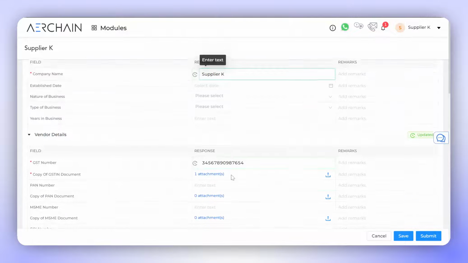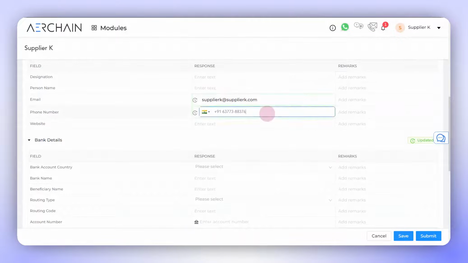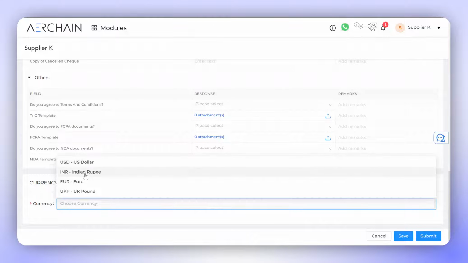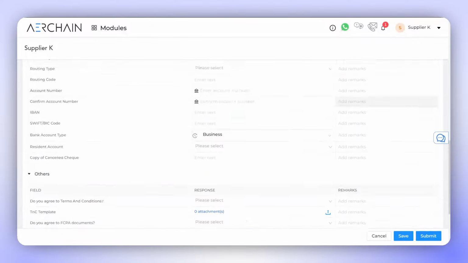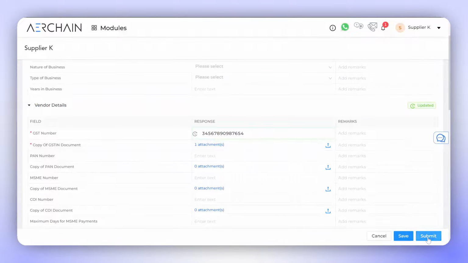For instance, you'd have a text field, a drop-down field, a numerical field, and fields to upload documents and input email addresses, as well as phone numbers. However, the field name or accepted values and value formats might differ based on the use case. In the currency field, you'll need to specify the currency in which the transaction will take place. Once you've selected this, you can verify that you've provided all the necessary information.